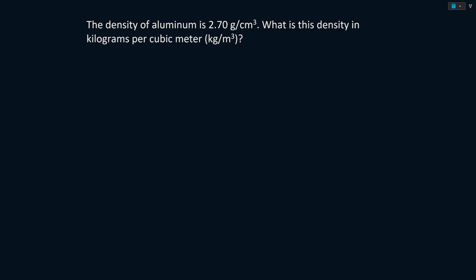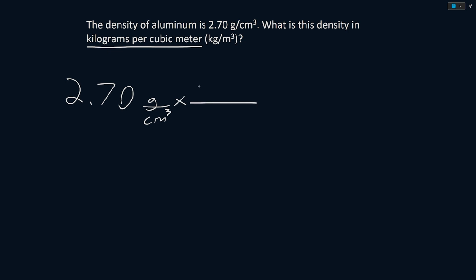The density of aluminum is 2.7 grams per centimeter cubed. What is the density in kilograms per cubic meter? We were given 2.70 grams per cubic centimeter, and we want to convert this to kilograms per cubic meter. First, we can convert grams to kilograms by multiplying by our conversion factor of 1 kilogram is equal to 1,000